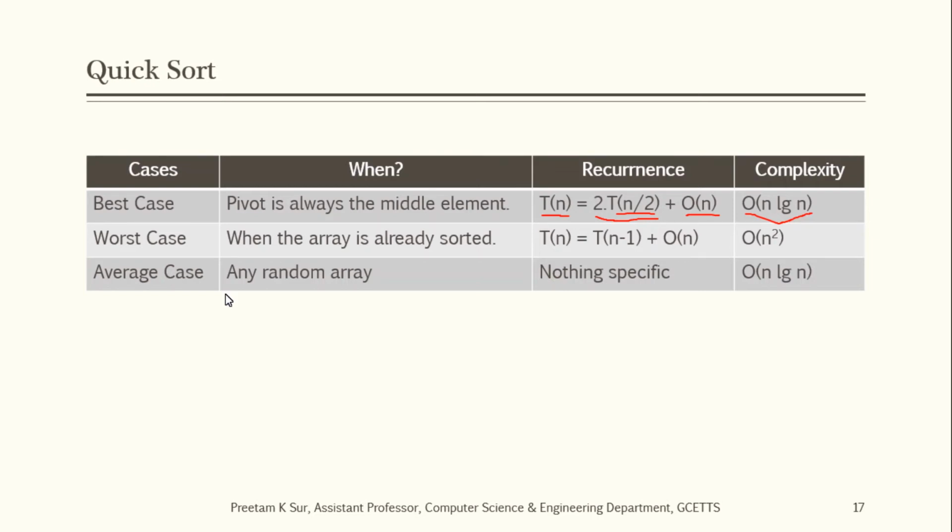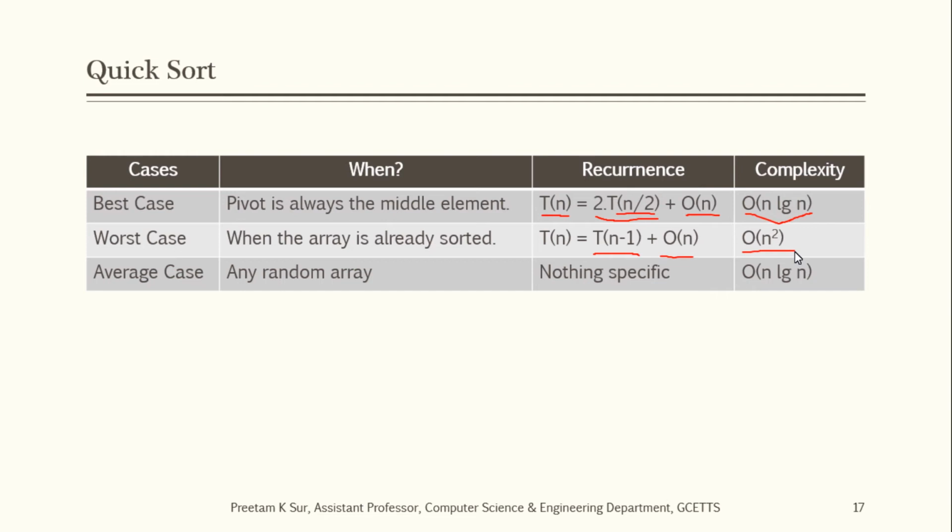So there will be n minus 1 elements in one partition, and there will be 0 elements in the other partition. To sort those n minus 1 elements recursively using quicksort, it will take T of n minus 1 time, as mentioned over here. And order of n again is the time for finding out the pivot element. So in this case also it will have order of n for finding out the pivot element. Now if you solve this recurrence relation, you will find that the time complexity for this case is nothing but order of n squared.